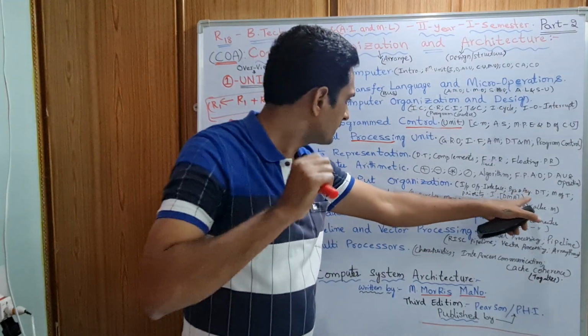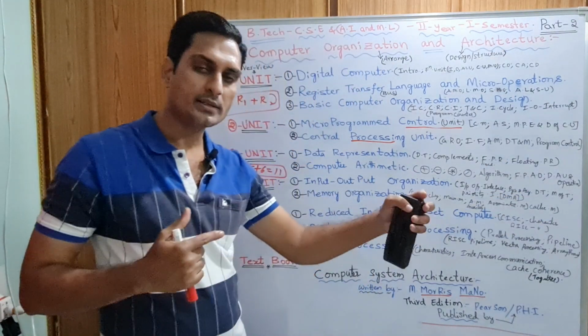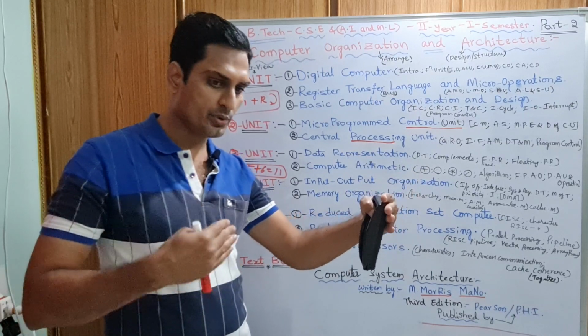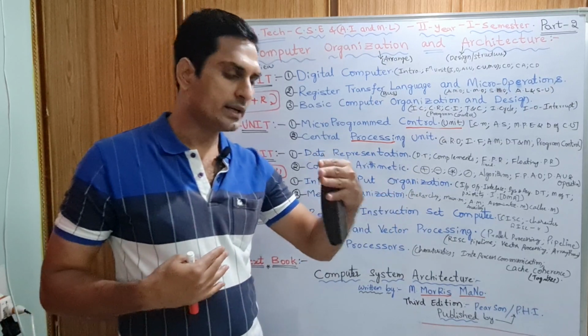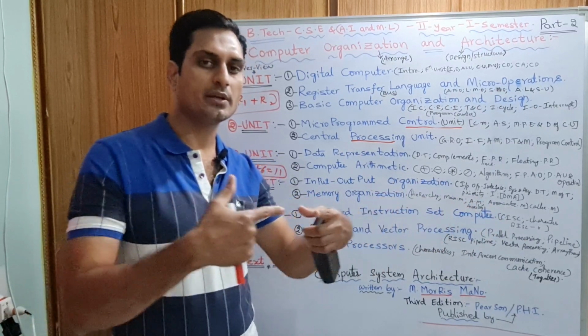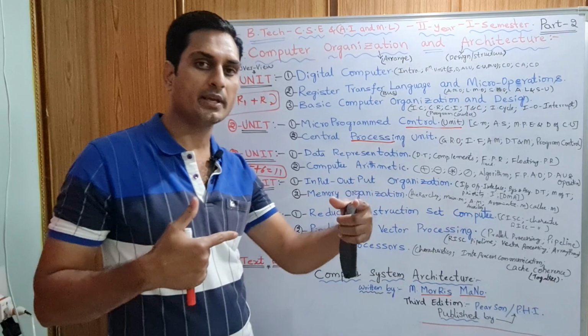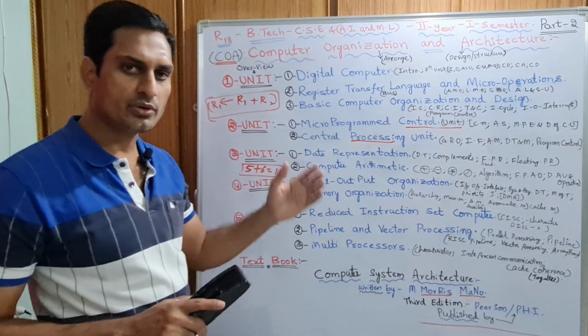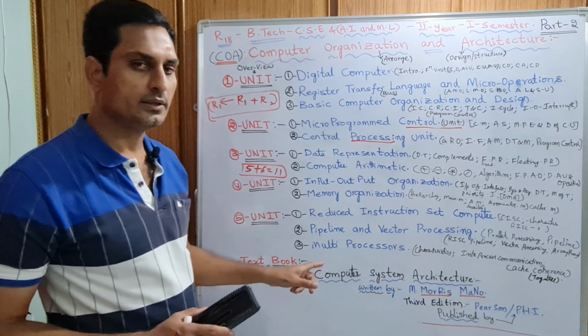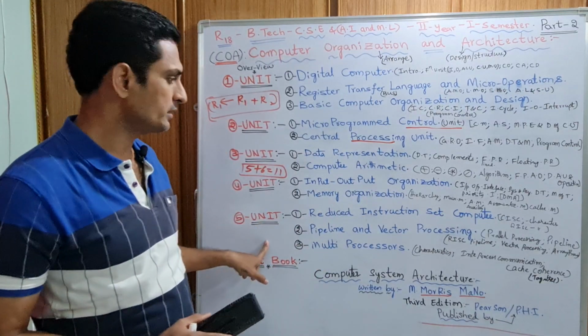And synchronous and asynchronous data transfer. Synchronously, data will be transferred in the same clock time. From the input unit, when some data is sent inside to the output unit with the same clock pulse, it is called synchronous. With different timing, it is called asynchronous. That I am going to discuss in detail in the next videos, part by part. Right? This is an overview of 5 units.